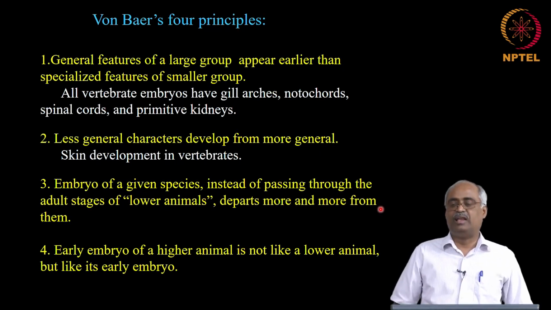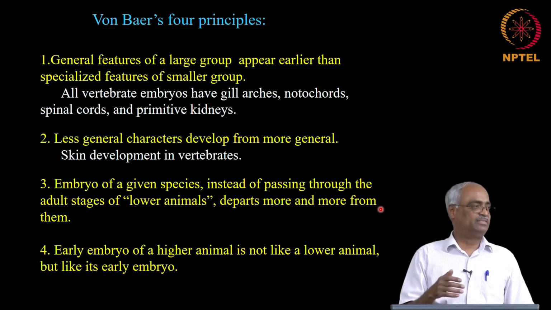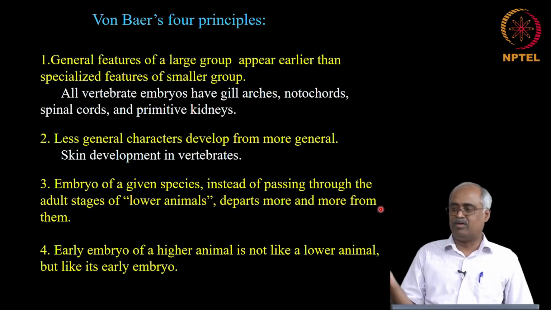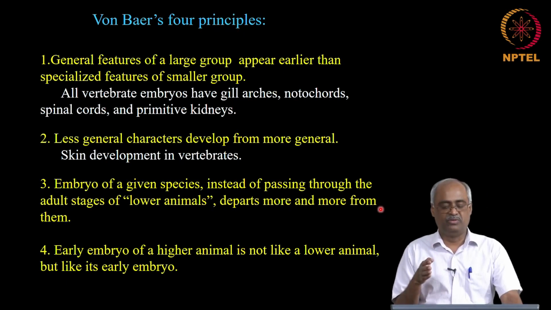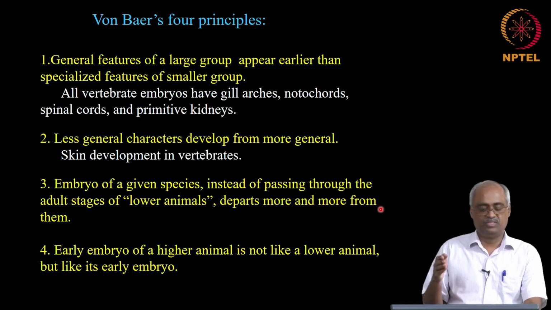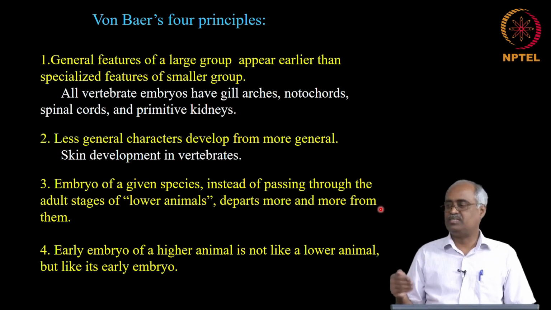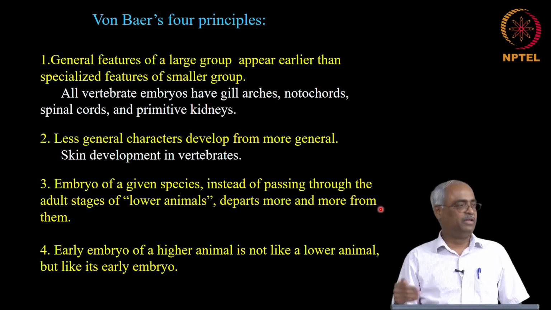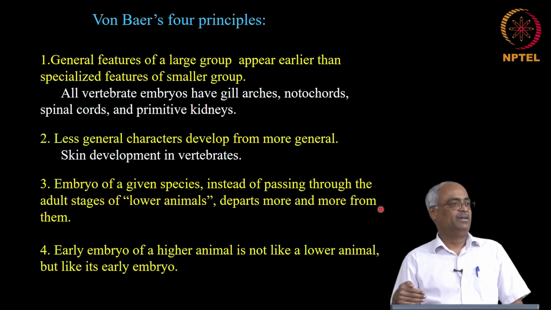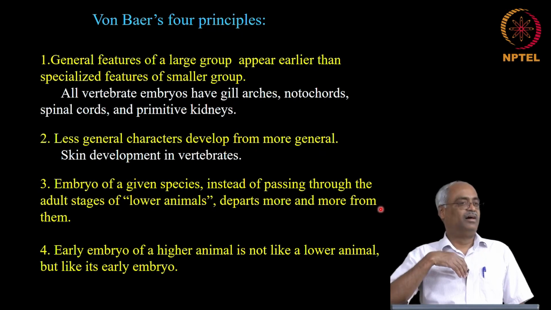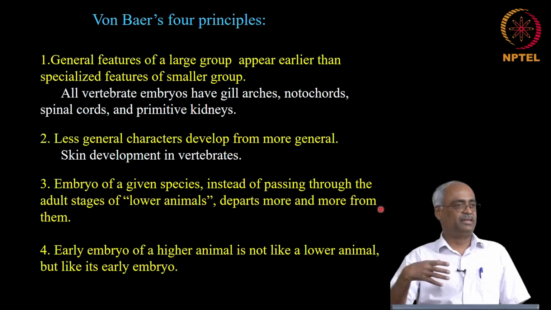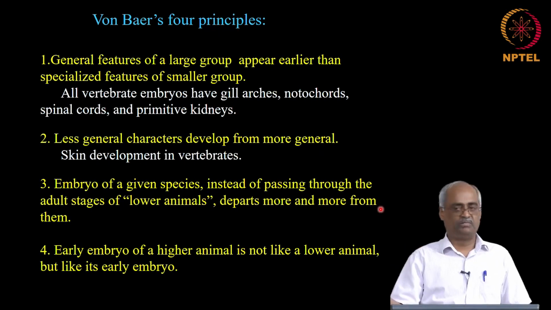So they actually did a lot of comparative analysis of early embryos of many organisms, and by observing the embryos at different stages, von Baer proposed 4 major principles that are the guiding principles till today, and that actually influenced Darwin in his understanding of how developmental variations help in evolutionary adaptation.